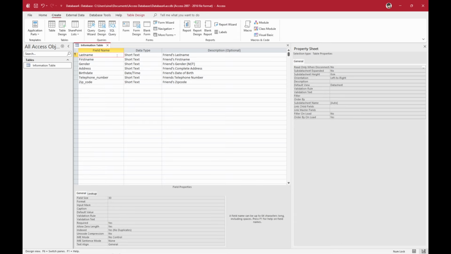In this video, I will demonstrate how to create forms in MS Access. This will be a short demonstration, and I will leave it up to you to be creative with your forms' design. Here, I already have created a database and have the information table set up already based on the instructions